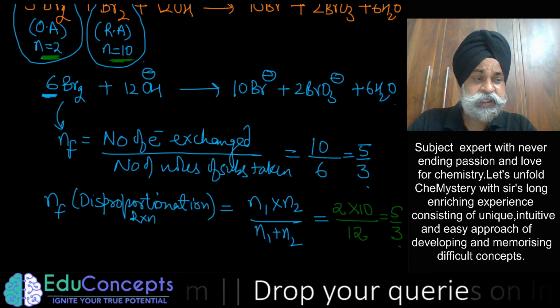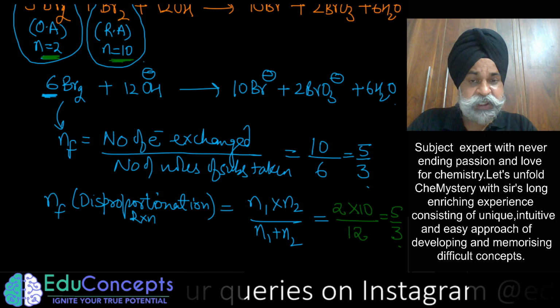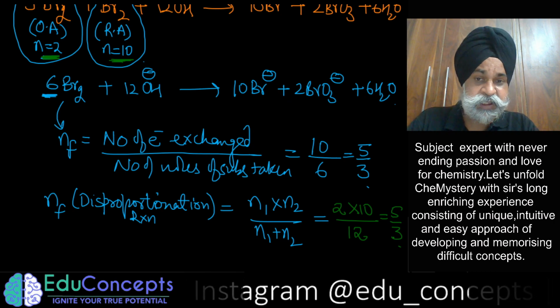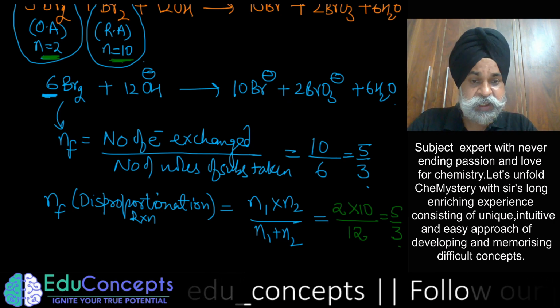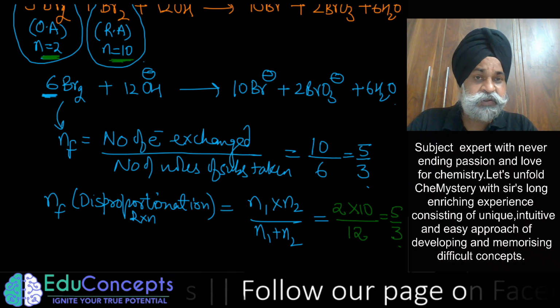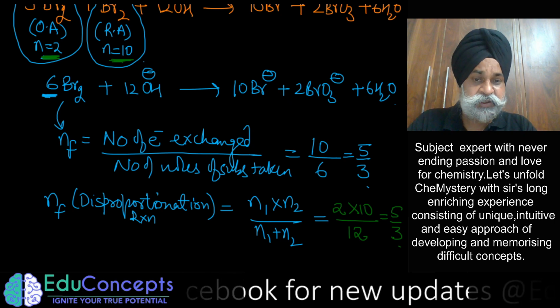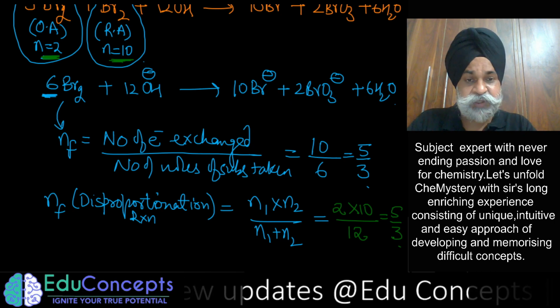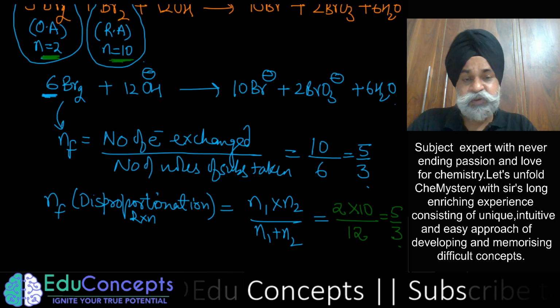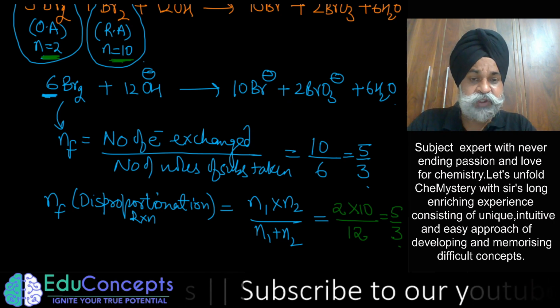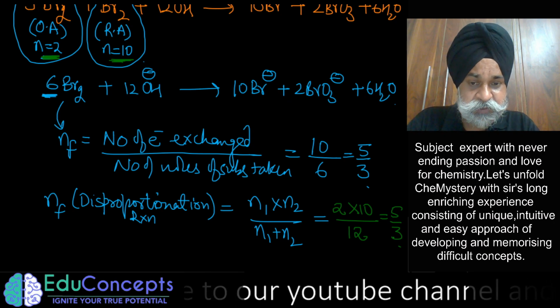that element which is acting as a reducing agent, पहले उसका n factor निकाल लो, उसी element का जब वो ऑक्सीडाइजिंग एजेंट की तरह एक्ट कर रहा है उसका n factor निकाल लो, दोनों n factor multiply कर दो. When you multiply both the n factors, you would get the total number of electrons exchanged. One is going to lose, another is going to gain, divided by the total number of moles, and that would be the cross multiplication of those two things.